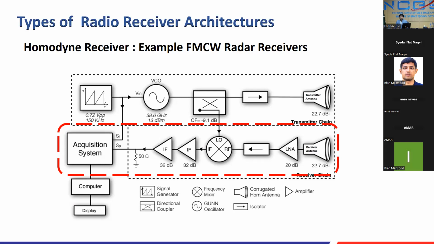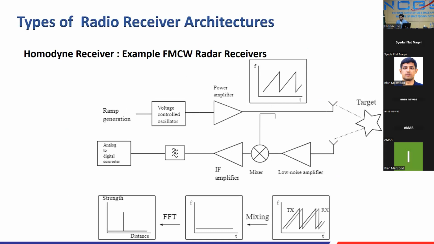So that is another example of FMCW radar. That is also a simpler version, where you have a modulation scheme: a ramp generator and this VCO, voltage controlled oscillator. Back in 2013 and 2014, I implemented this topology of the radar system. You can see this is a power amplifier, it goes out, and there's a coupled power to this mixer. So there's a single stage mixer, and that single stage mixer will implement the